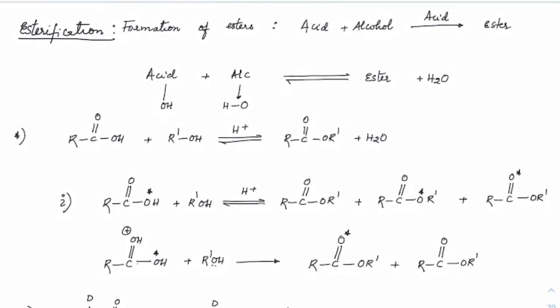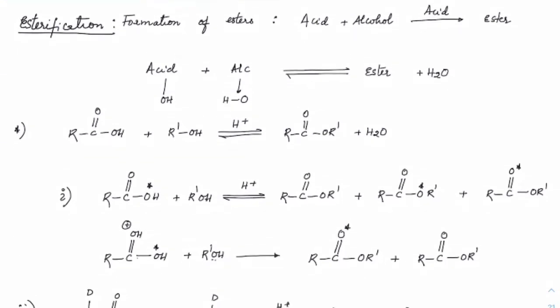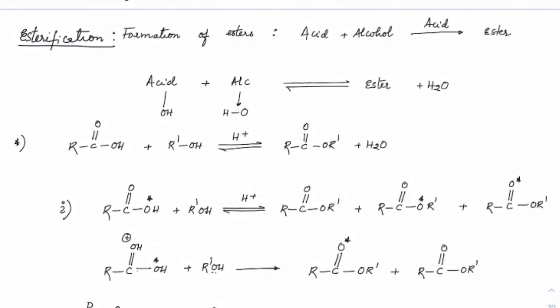Now, esterification is something we have done earlier. We will just go through the mechanism once again. Let's check it out. For formation of an ester, we need an acid and an alcohol in an acid to get esters. So is this a catalytic acid?